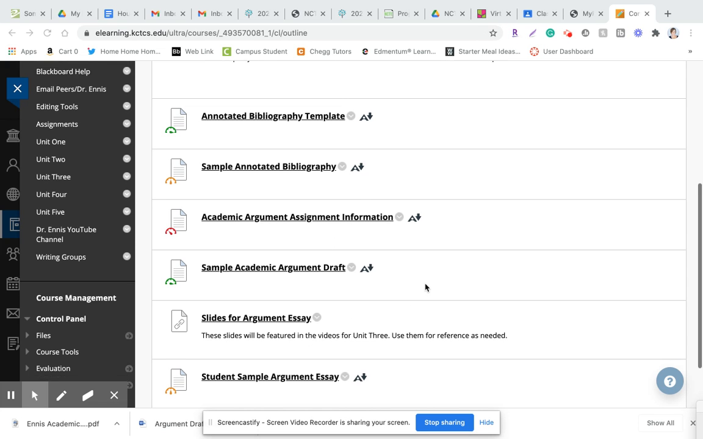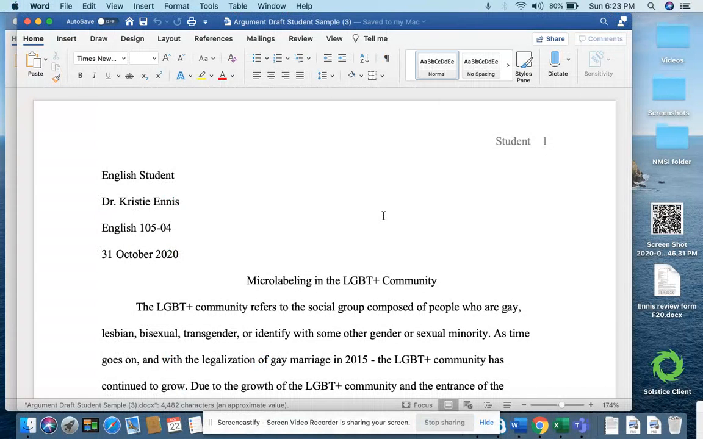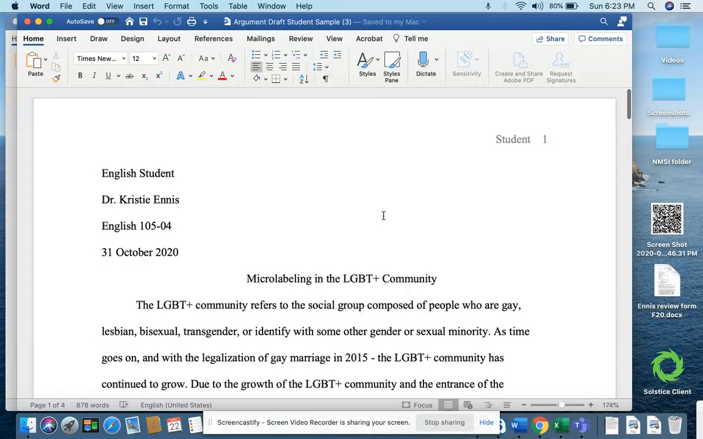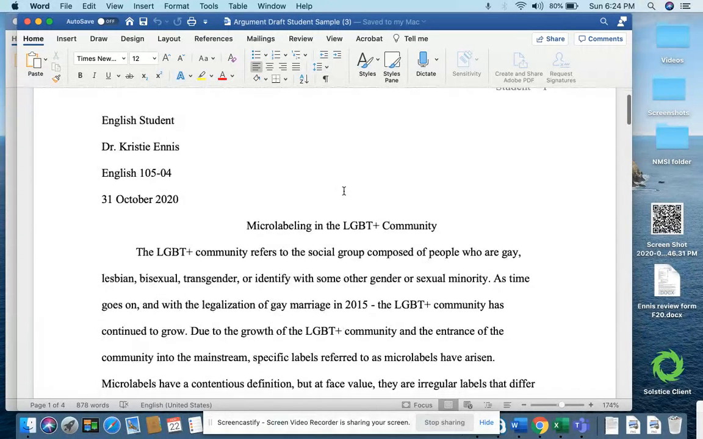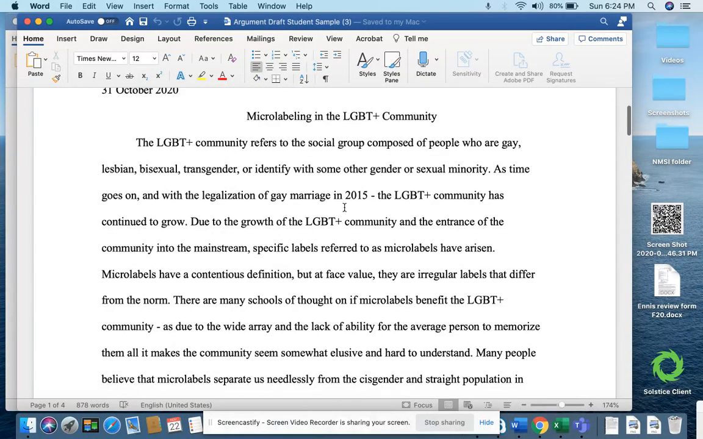When you are trying to take your draft and build it into a full argument essay, you will want to start by looking at the draft and figuring out what you have. If you followed the format I asked for, you will already have half of your final draft complete. So assuming that you do, this is an example of a draft that a student created, and it has an